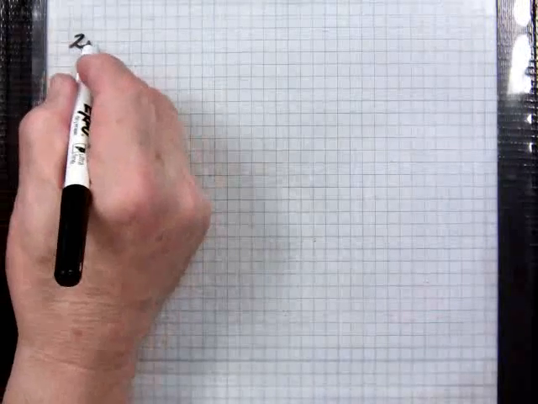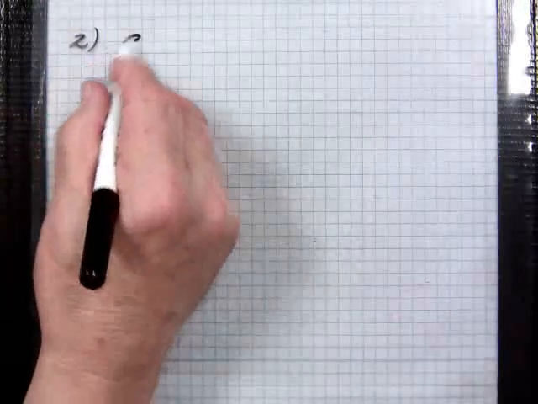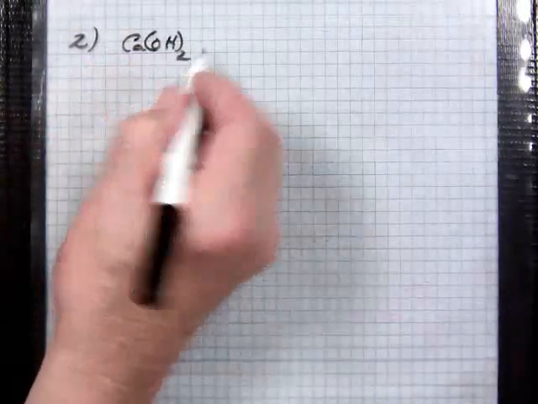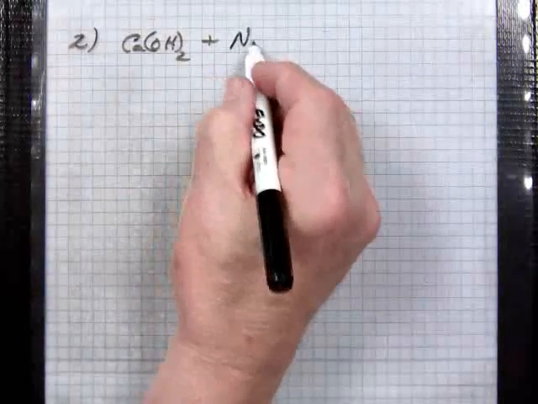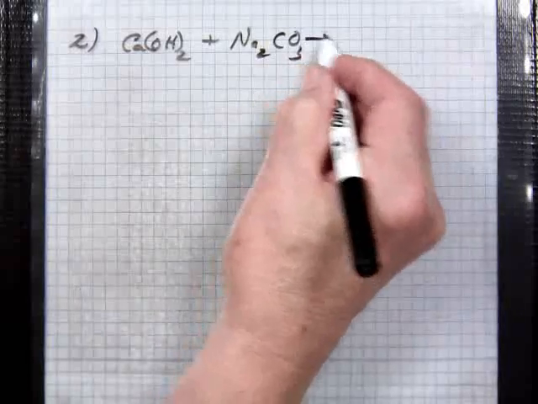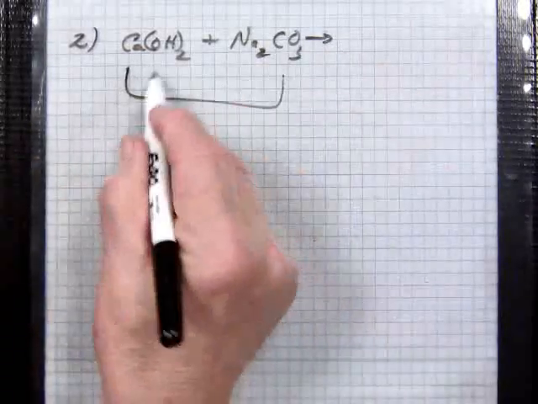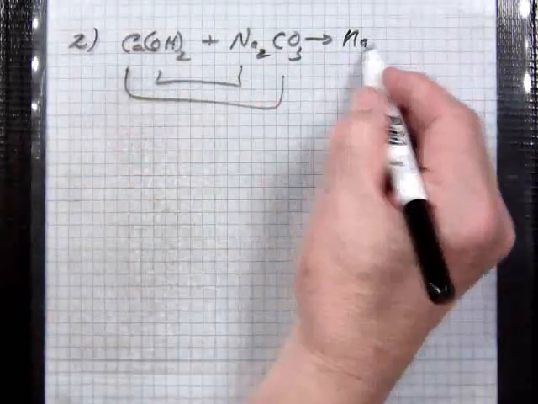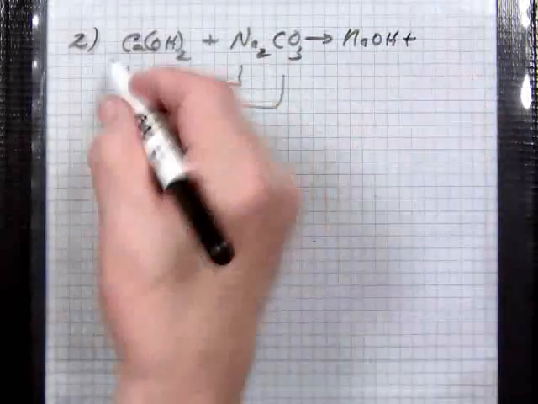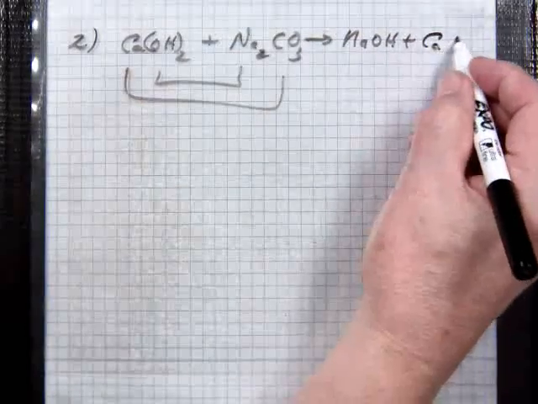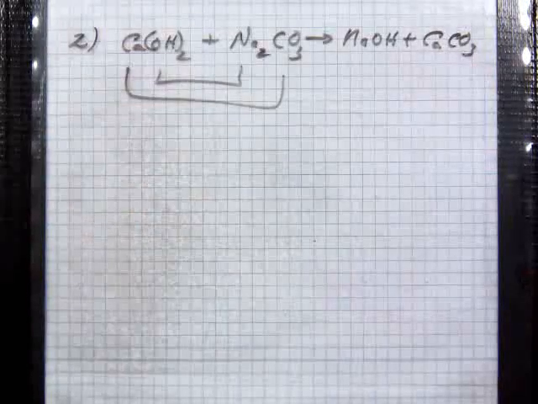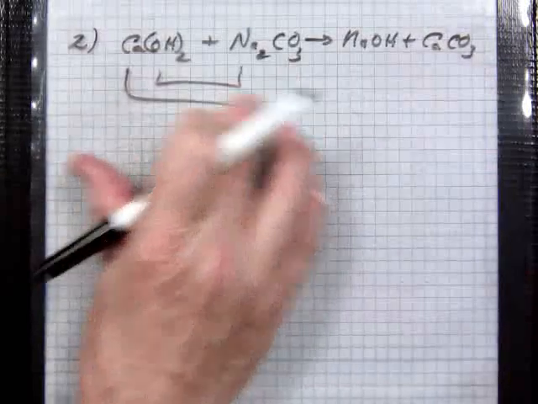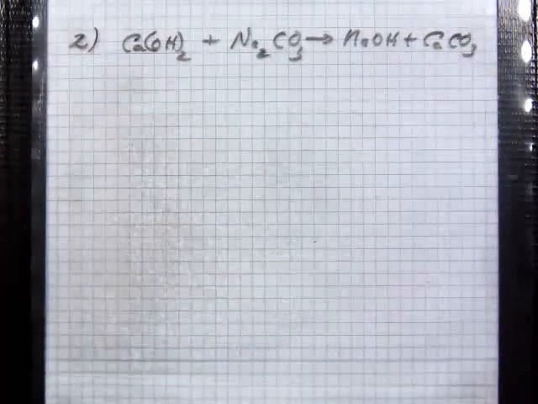That number 2 problem here is you're given calcium hydroxide, and it's going to react with sodium carbonate, and it's going to be a double replacement again. You're going to get sodium hydroxide, and you're going to get some calcium carbonate out of it. Whatever the products are, who cares? Because we're going to work primarily with the reactant side, but you still have to balance this thing and make sure you have enough of